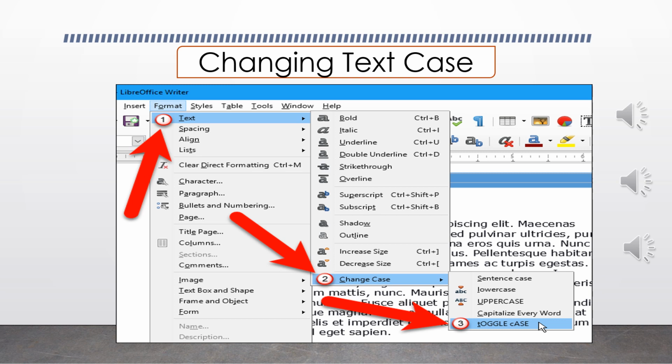First, let us see how to change the text case. This can be done using the cascading menu change case which is available in the format text menu. This change case option has 6 different change case options like sentence case, lowercase, uppercase, toggle case, cycle case and